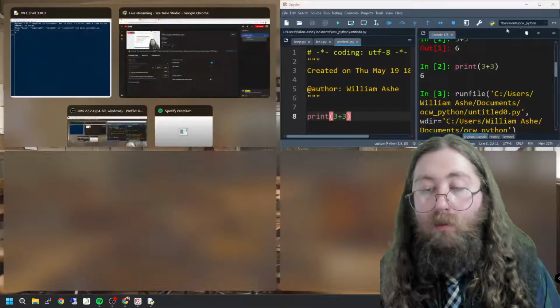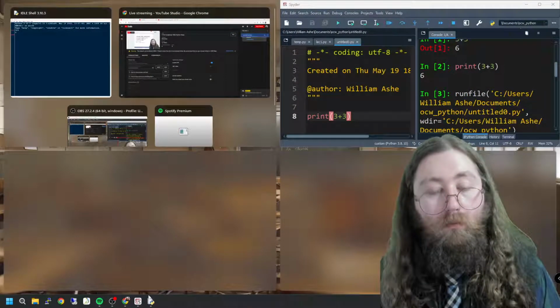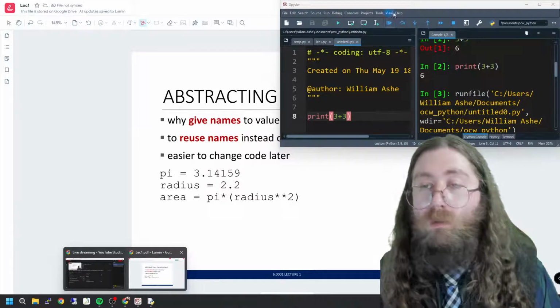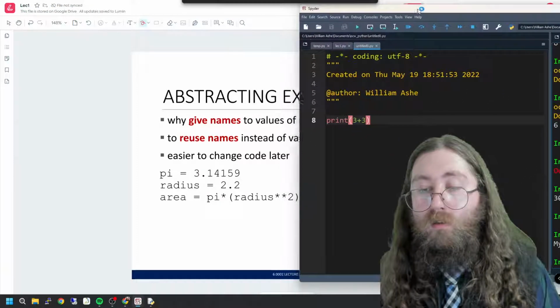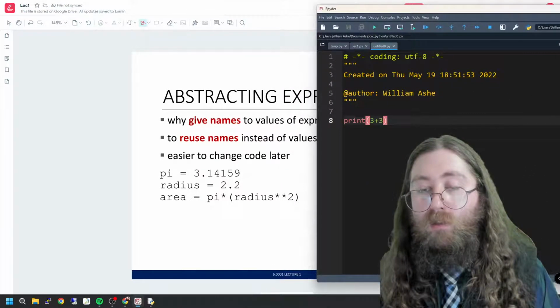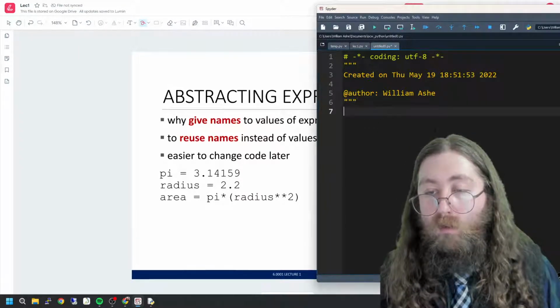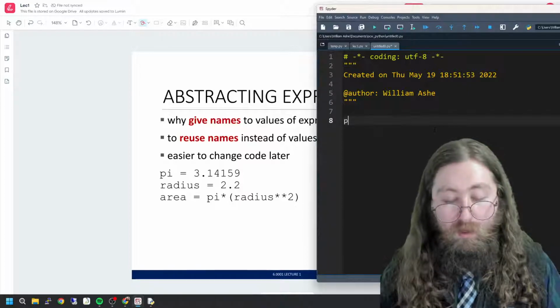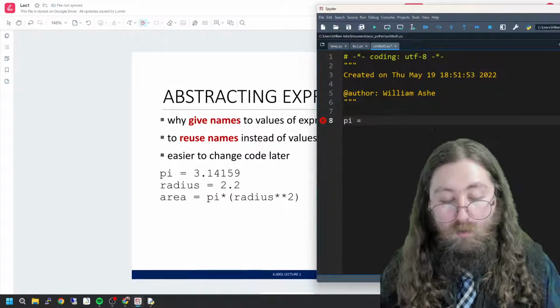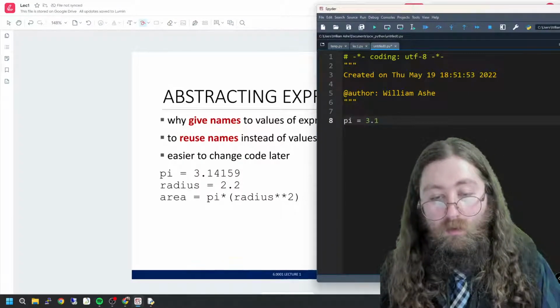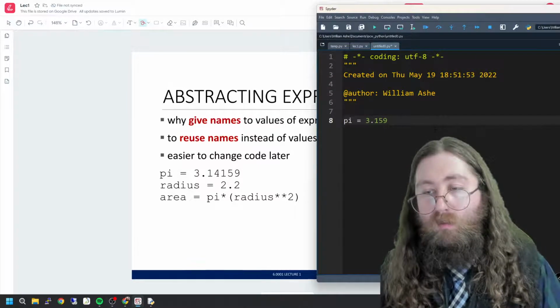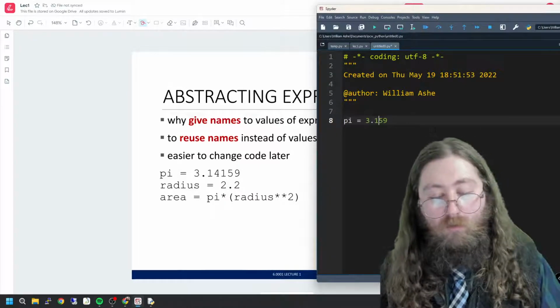So I'm just going to do it. Windows 11 is always trying to make my life easier. It's a long thing getting in the way. Okay, so I'm just going to type it in. Pi is equal to 3.14159.